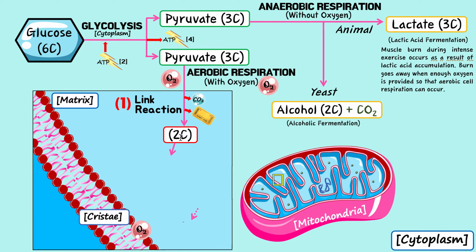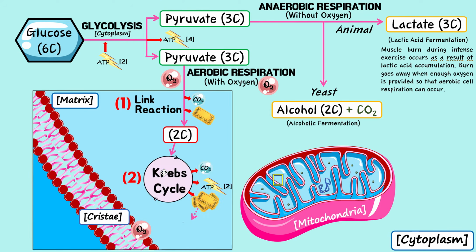This 2-carbon molecule is now going to enter a second reaction, which we call the Krebs cycle. The Krebs cycle is a crazy little cycle. It's got a lot of details that HL needs to know, but you guys don't need to know that much, so it's great for you guys. So this molecule will go in and a bunch of reactions will happen, and this Krebs cycle is going to release 3 important things. Carbon dioxide, just like the link reaction did, okay?